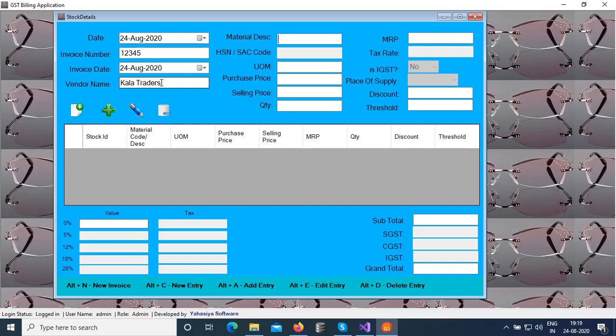Then the material description. This time, metal cups. Measurement piece, or let's say numbers.